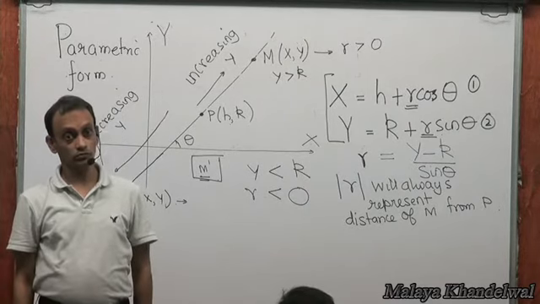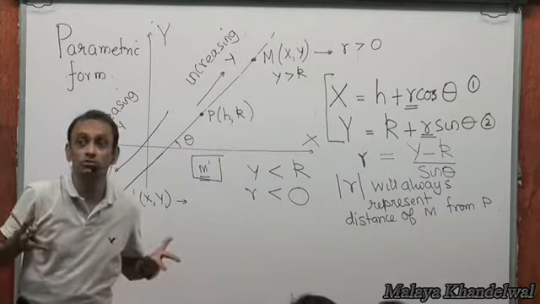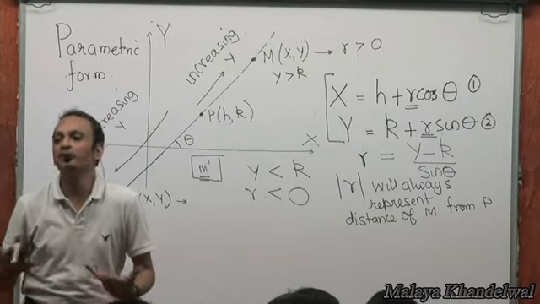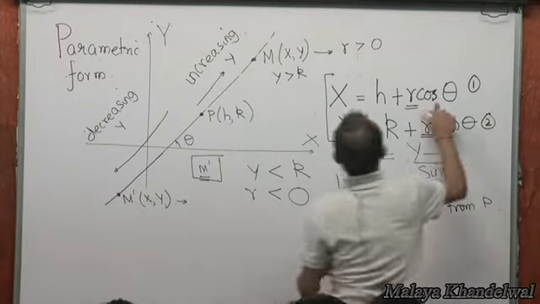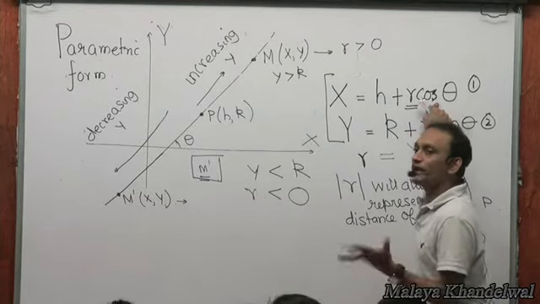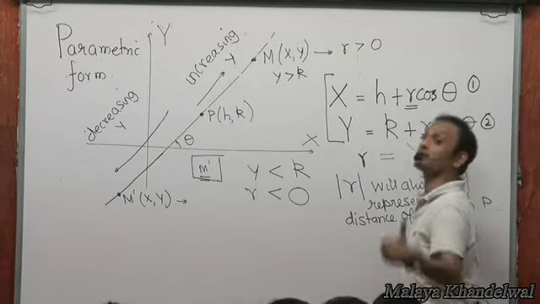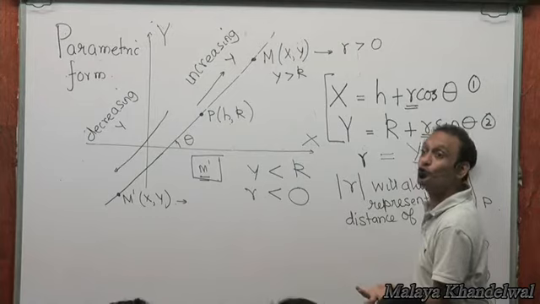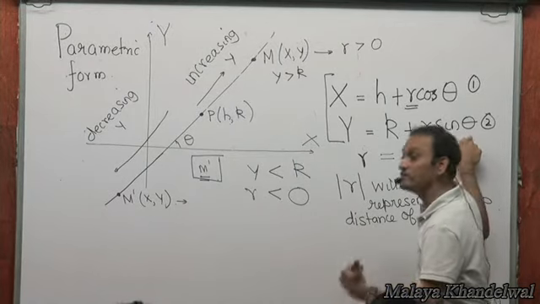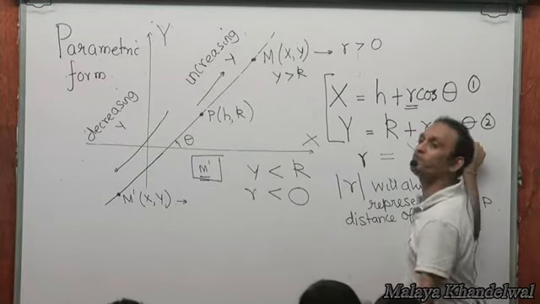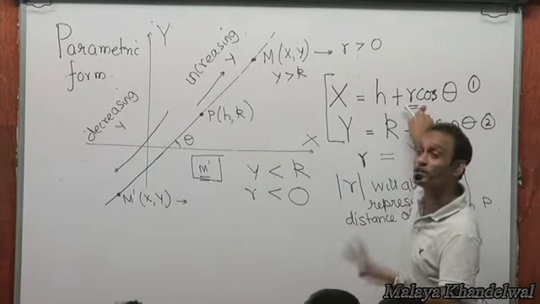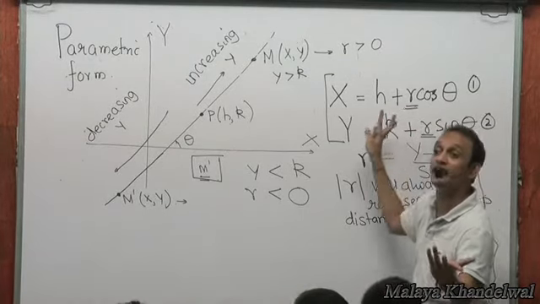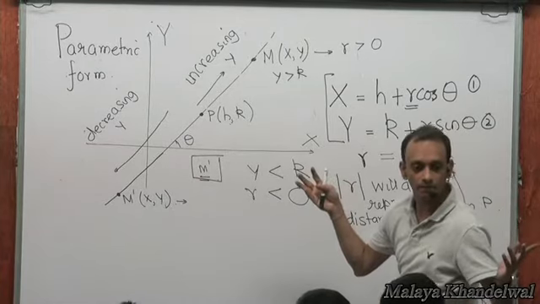Yes or no? Now r has its own brains. Then it will be ambiguous. We cannot say, because cos theta can be positive or negative. So we cannot say conclusively. That's why I use the second equation to be conclusive about r, because sine theta did not change sign when theta varied from acute to obtuse. Since this gave me a conclusive evidence on the sign of r, I deployed this to my advantage. This one led to ambiguity. This did not tell me for sure what the sign of r was, because cos theta could have been positive as well as negative based on the quadrant in which theta lies.